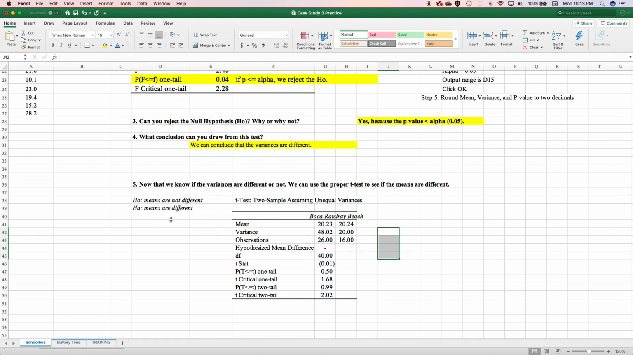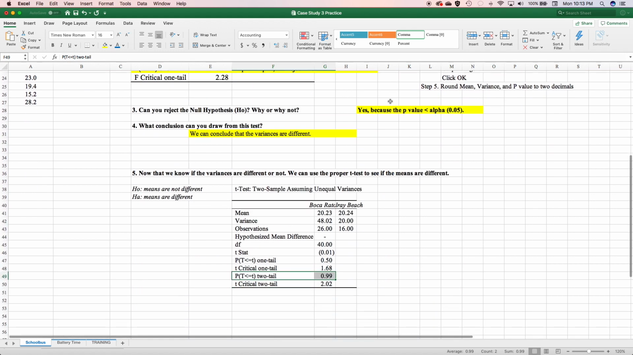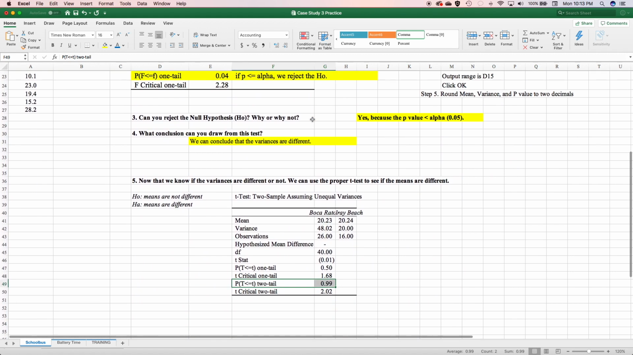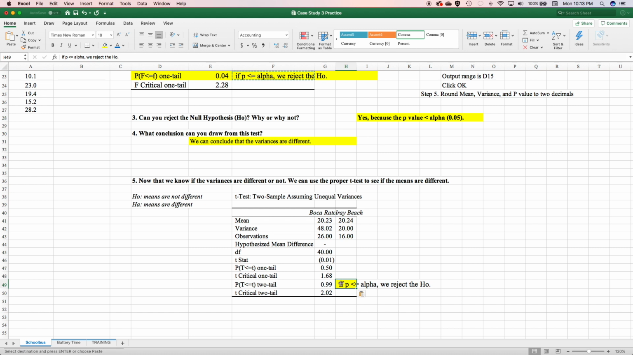Here, because the means are different, we look at the two-tailed test. Clearly, 0.99 is much higher than 0.05, right? So again, we say if p is less than alpha, we reject the null hypothesis. But p is not less than alpha, therefore we cannot reject the null, and instead we reject the alternative hypothesis,